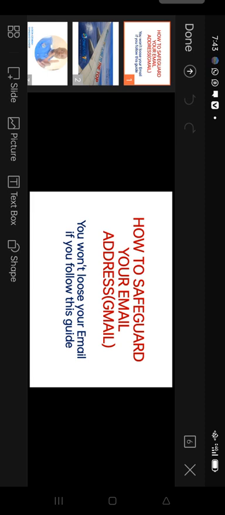So in this demo, I'm going to talk about this using Gmail, because I know many people use Gmail and many accounts were registered with Gmail. The process I'm going to show with Gmail is also possible with other email providers like Yahoo Mail or any other one that you may be using. There's always a way to safeguard your email address, and that's what we're going to talk about.